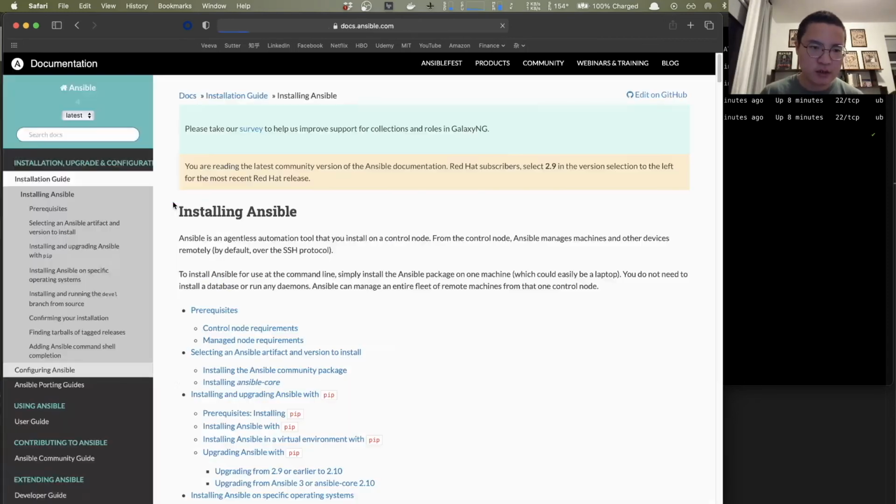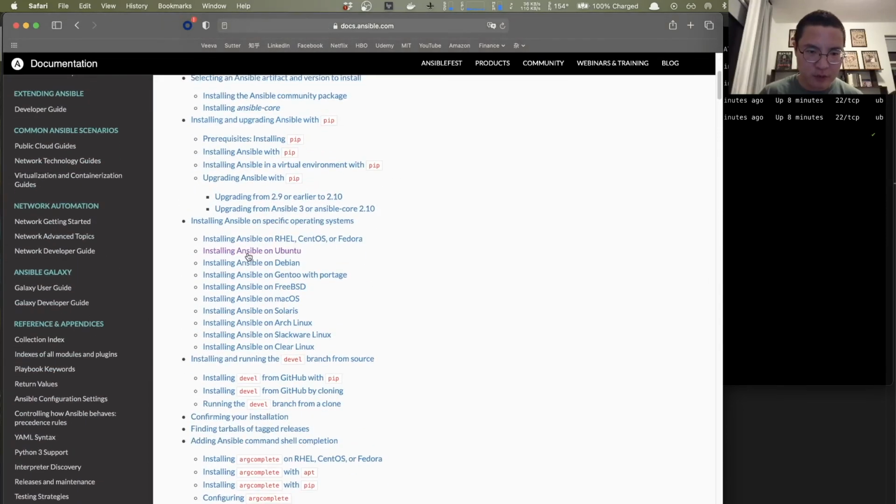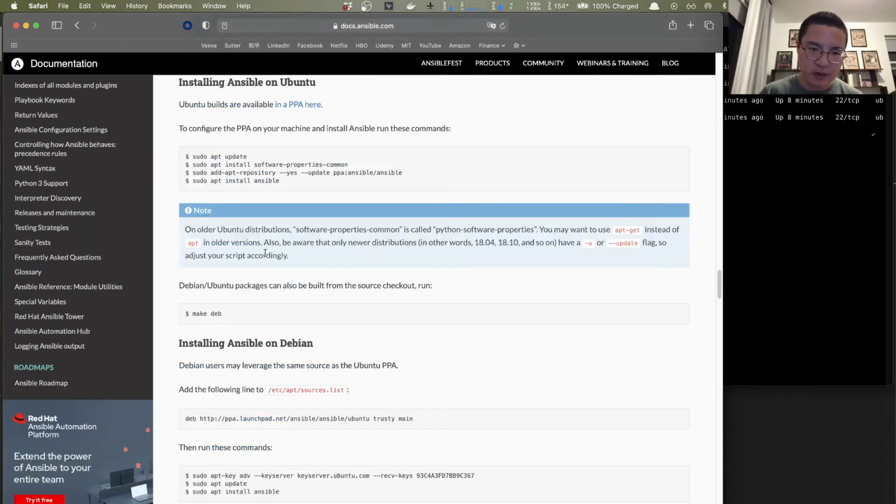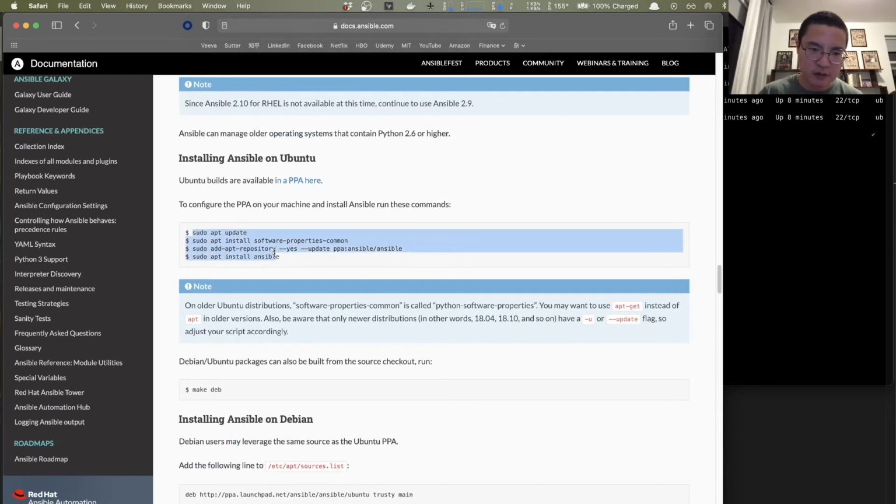Click that and find Ubuntu here. If you're not using Ubuntu as your base image, for example Red Hat or CentOS, just follow the instructions accordingly. Here I pick Ubuntu, and these are the installation instructions we need to run. These 4 commands